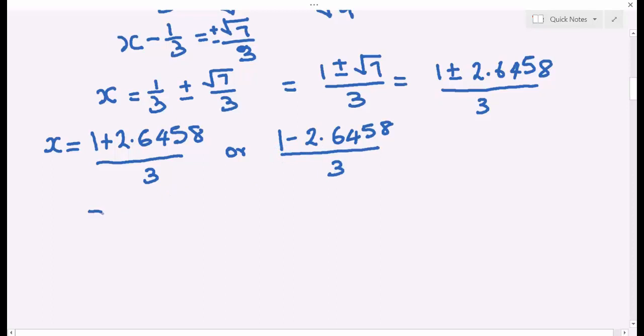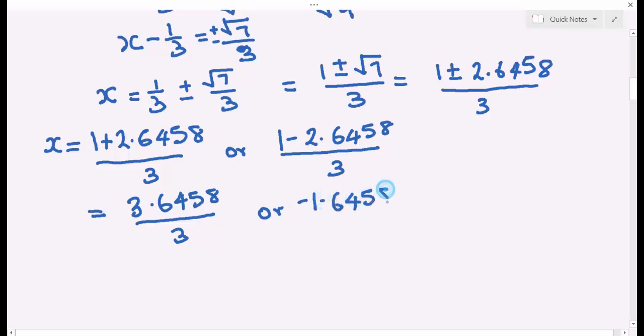So this will give us 3.6458 over 3, or minus 1.6458 over 3. So when we divide, our x will give us